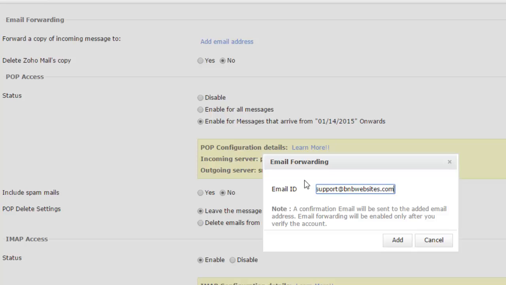And then we'll see Zoho includes a very important note here. It says that a confirmation email will be sent to the added email address that we just entered, and email forwarding will be enabled only after we verify this account. So it's letting us know that this is only the first step. There's still another step we need to go through before email forwarding will be set up and enabled. So from here we can click Add,